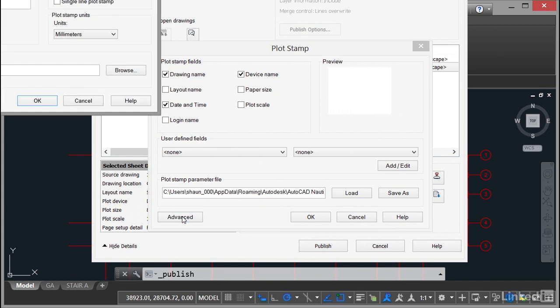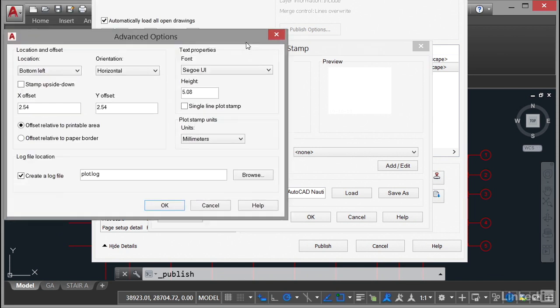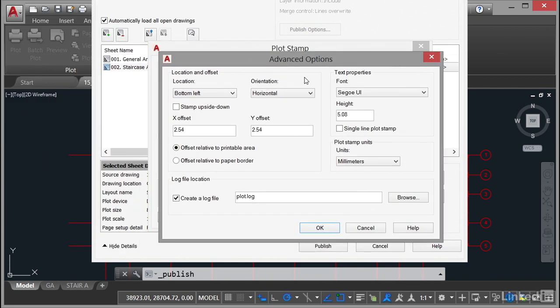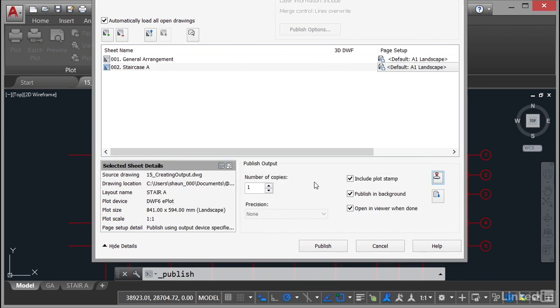If I go to advanced, that allows me to go in and edit the properties of the plot stamp. So I can specify where it's going to go. I can specify things like the font, the height, single line plot stamp, units, and so on. Now, I'm not going to go in and set all of the plot stamp. I could do that, but I'm just showing you that it's there in case you need to place it on one of your plots. So I'll click on cancel, and I'll click on cancel again, and I'm back into the